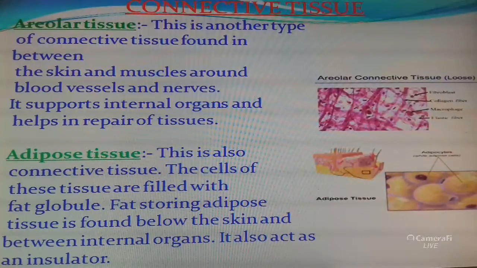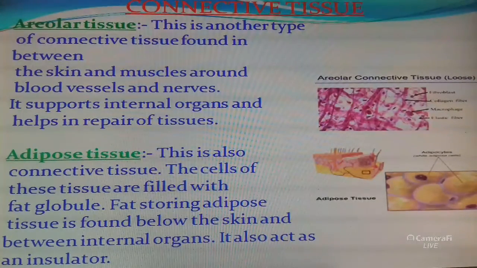And all these connective tissues are filled with a non-living ground substance called matrix. Depending on the nature of the matrix, or depending upon the function to be performed, connective tissue is categorized into three groups. Connective tissue proper is filled with soft matrix. In skeletal connective tissue, dense and mineralized matrix is present. And in vascular tissue, fluid matrix is present.